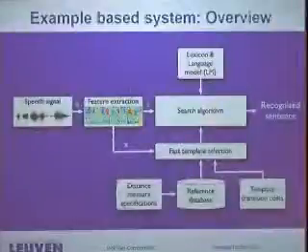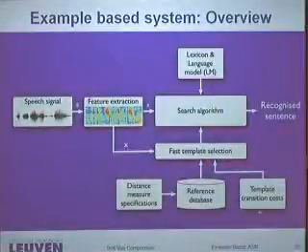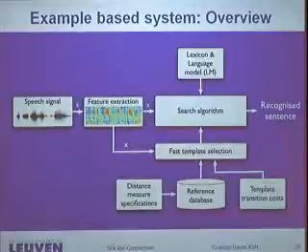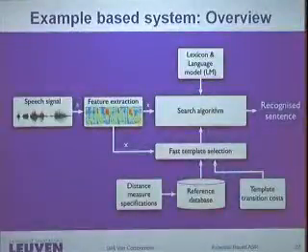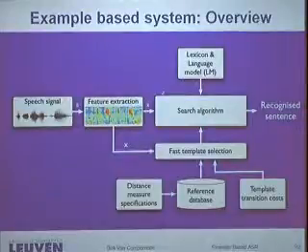Let's look at the overview of the system. So what do we have? We have distance measure specific, we have a reference database, we have the template transitions. We need a block, fast template selection. We want to do a fast match because we don't want to search the full database. It's too big. And then we need the search algorithm. And lexicon and language model, that's no different than what you would have in a standard system. So all these things are very much the same, except this fast template selection, and then more the things here at the bottom are different than in an HMM system.